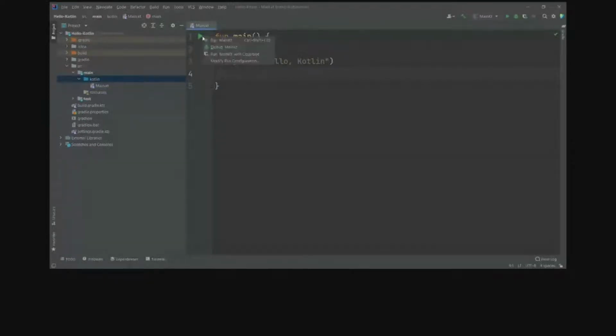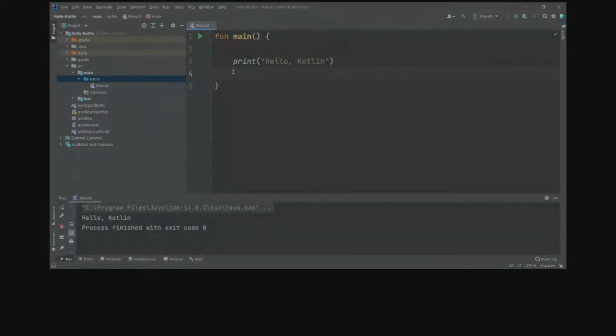So let me just run the program. By the way, if you want to code along, you can do so by just typing Kotlin Playground in your search box. It is a coding playground for Kotlin.